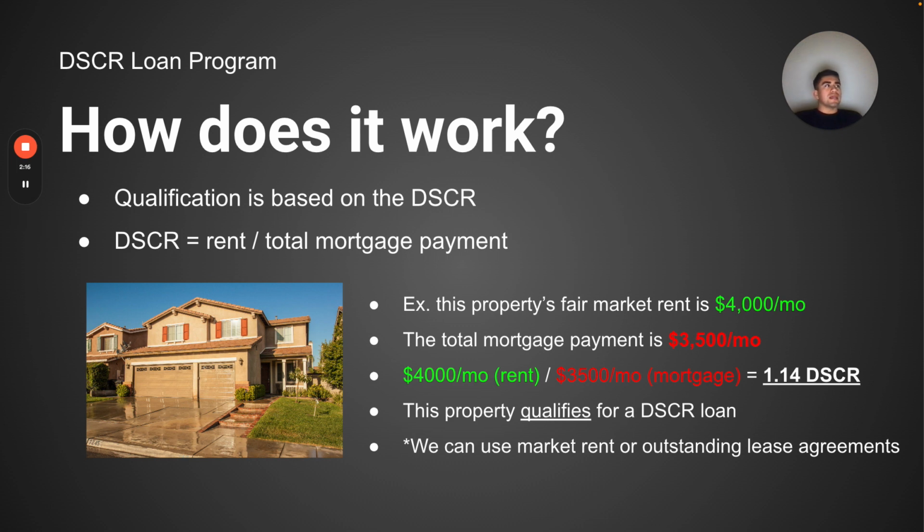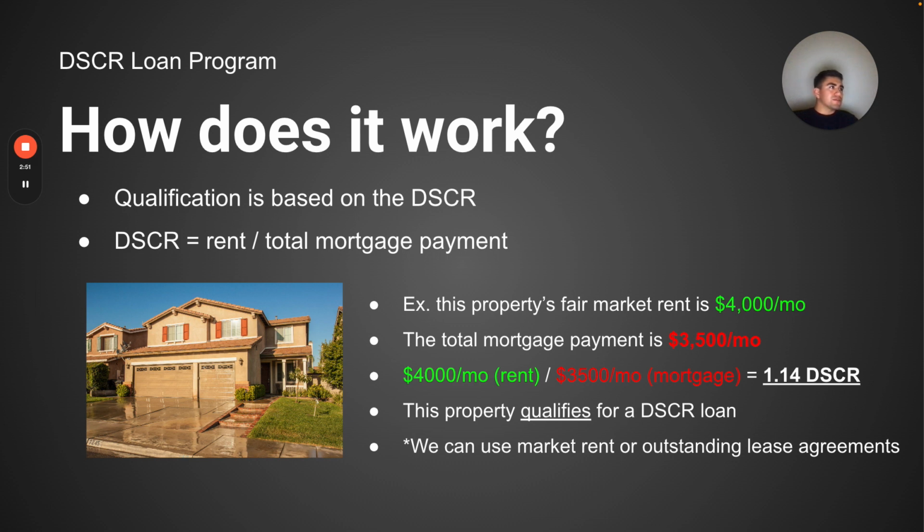Okay, so in instances where you are buying a property where for whatever reason the rent is below the mortgage payment, our DSCR is going to be below 1.0, right? It might be 0.9, 0.8. In that case, it's not ideal. However, we can still get the deal done. The only thing to bear in mind with that is that the rate will be affected and the terms will change. Now, one thing to bear in mind is that we can use market rent, we can use pro forma,